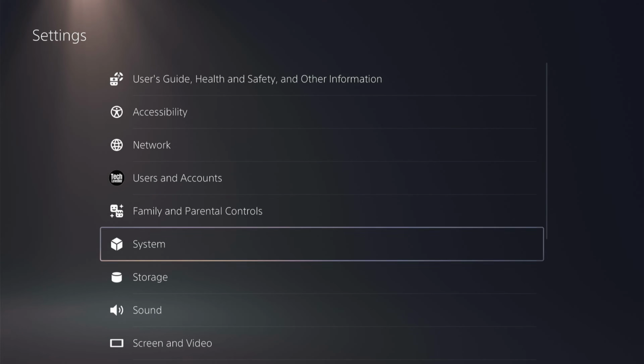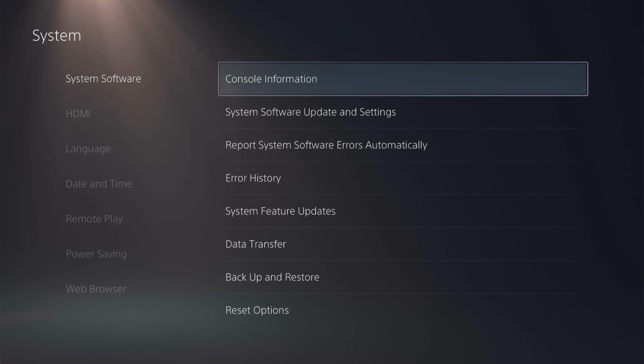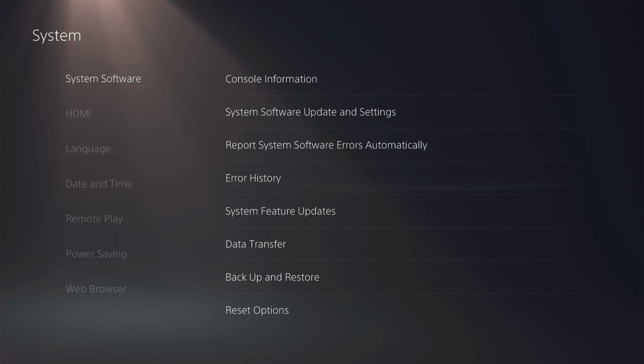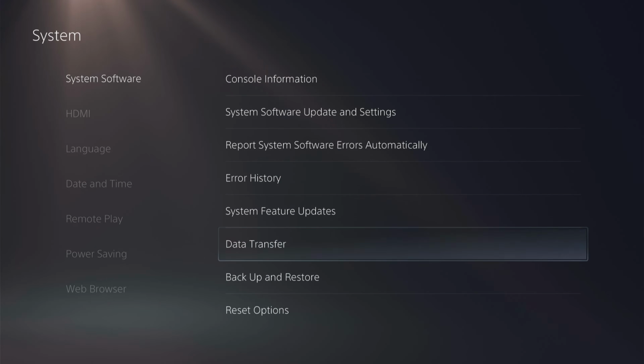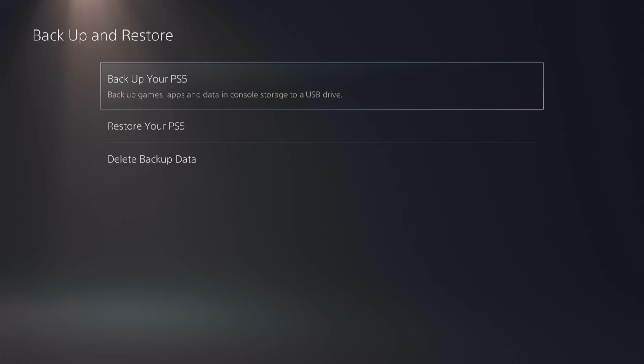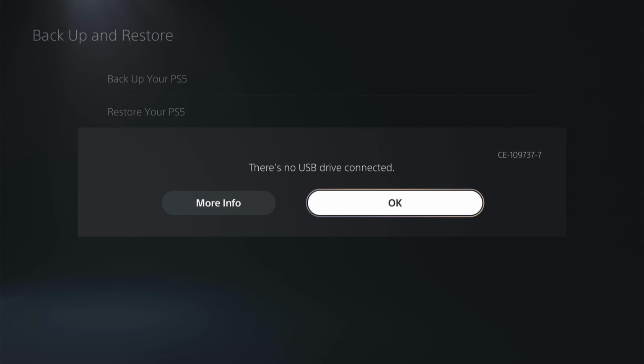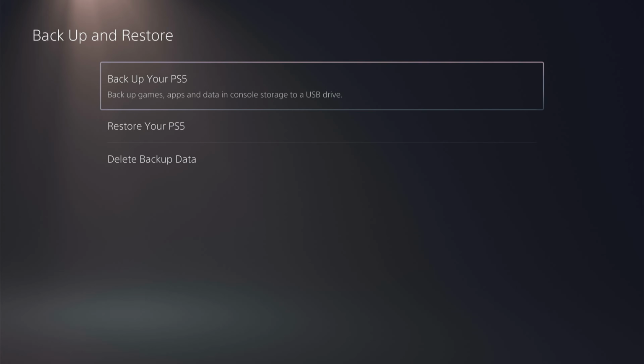come down to System, System Software, and you can come down to Data Transfer, and this is where you transfer a PS4 to a PS5. However, if you want to go PS5 to PS5, you need to back up and restore, and then you want to plug a USB or an external drive into your PS5, and then you want to select Back up your PS5, and then there are some simple on-screen instructions to follow to back up all your data onto your